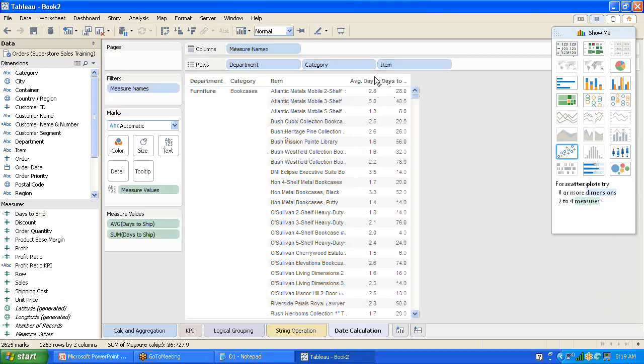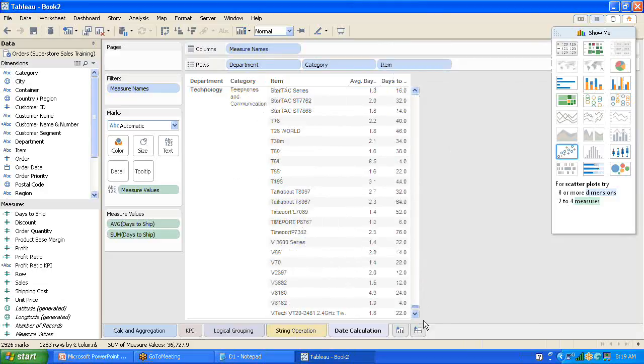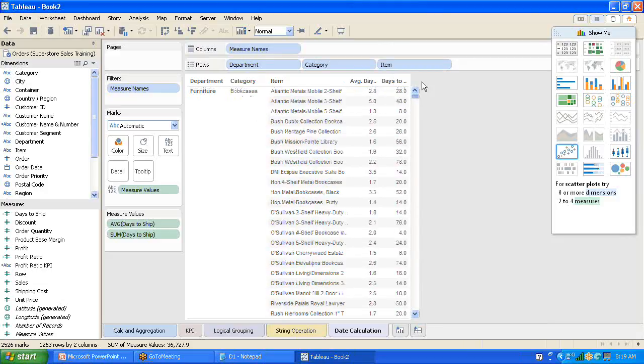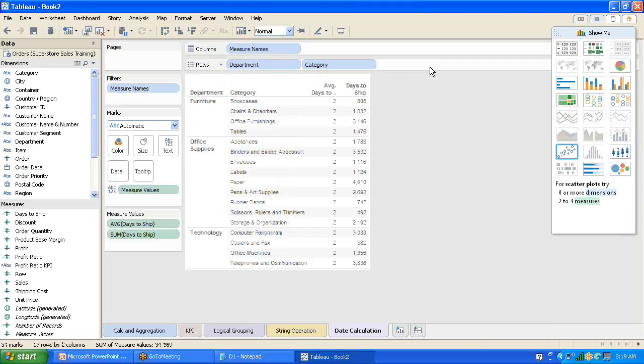So what is the average number of days and days to ship? How many is the average number of days, and then how many days are left for shipping. Okay, so you can view that, so all the items are there. So make sure you understand your requirement on how you want to look at your data, so accordingly you can derive